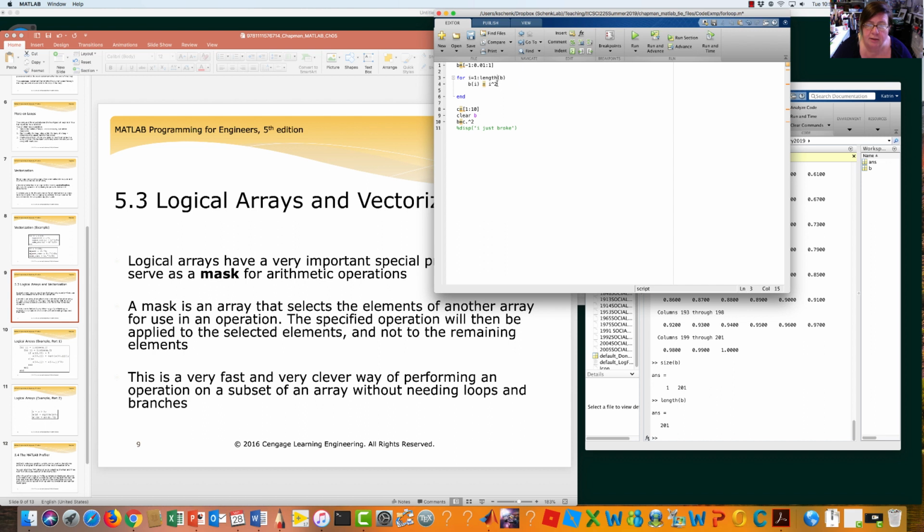Of everything in B, and return it, say, in C. And I'm going to initialize C. C equals zeros. And this is cool: I can say size of B, and that'll give me zeros with the exact same size, 1 row, 201 columns, right? So that's really nice. So that's my initialization of C, because C is going to give me the square root of every value